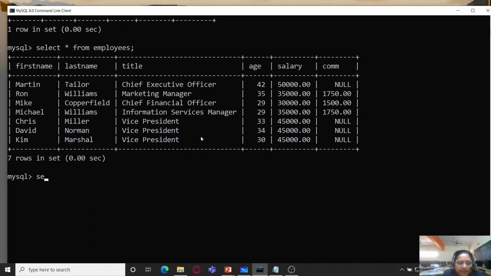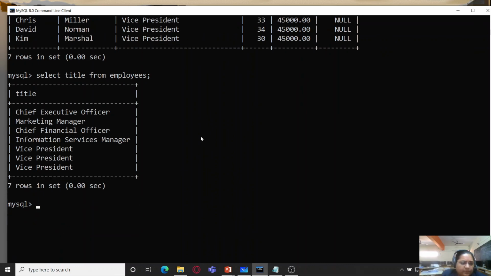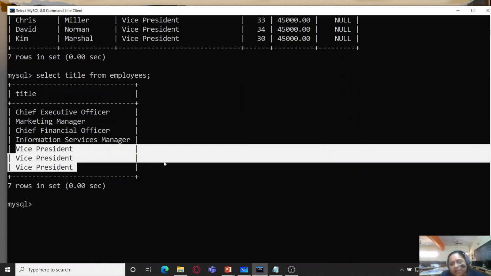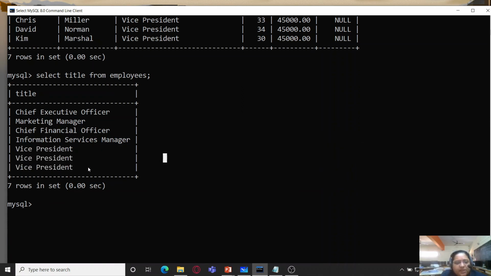So if I simply write select title from employees, then it is going to give me all the values including the 3 occurrences of vice president, whereas I want vice president to be displayed only once.